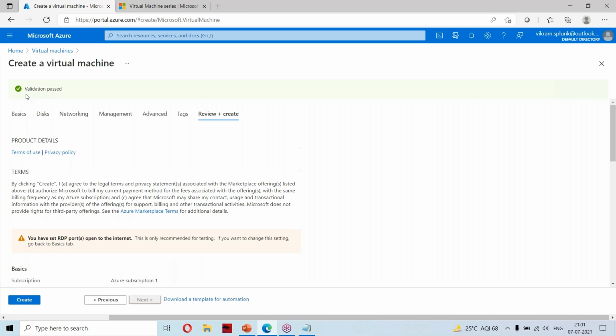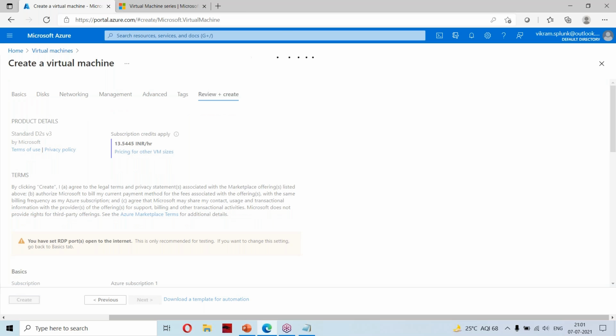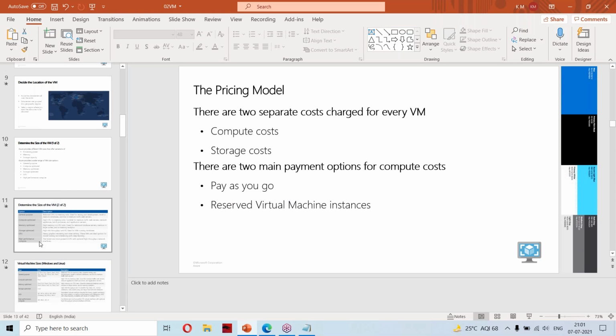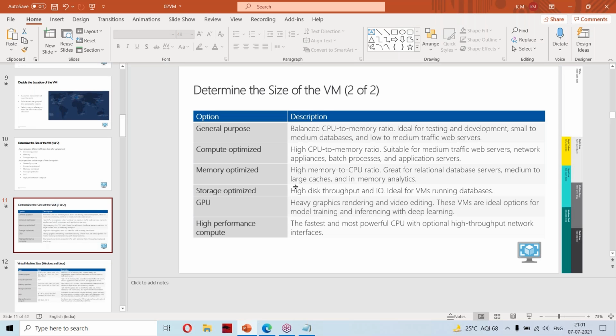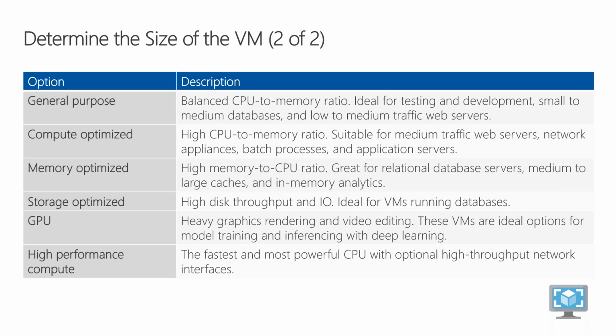There are no errors on the data which I have provided, so I'm clicking on create. Now my machine will get created. Meanwhile, we'll come to this one. Now you know what these VM sizes are. When you have to go for which type, based on your need you can decide.